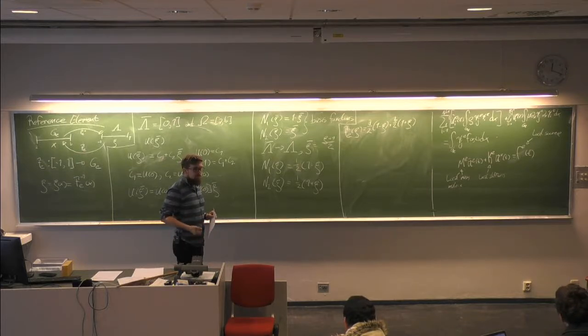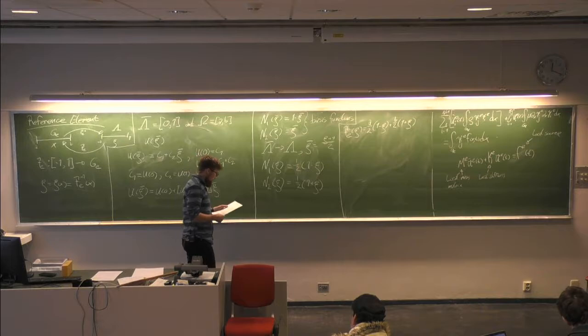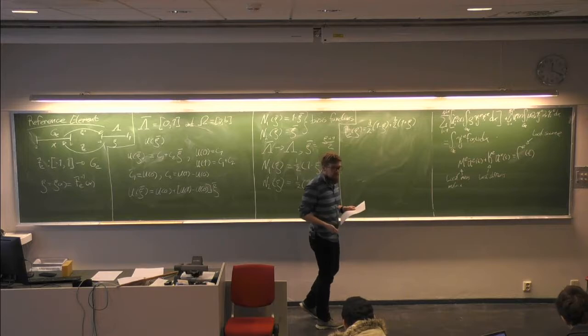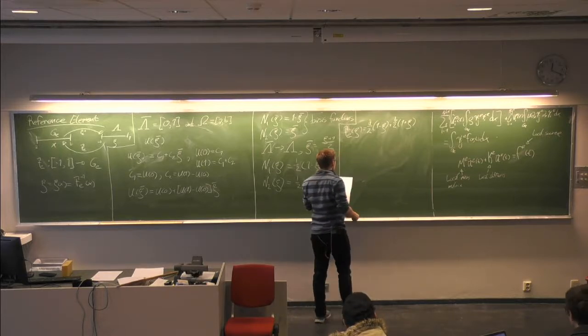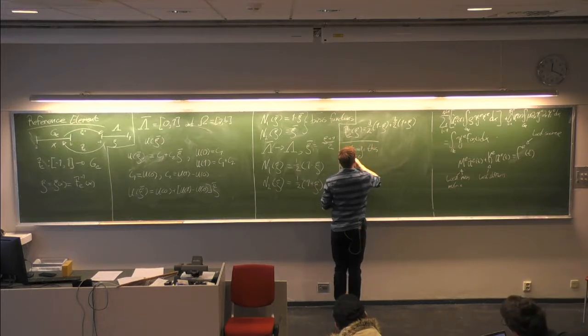Okay, similar to the integration, Gaussian quadrature. So now we can do this on the reference element and then just map it back and forth. Okay, using this. So using this transformation,